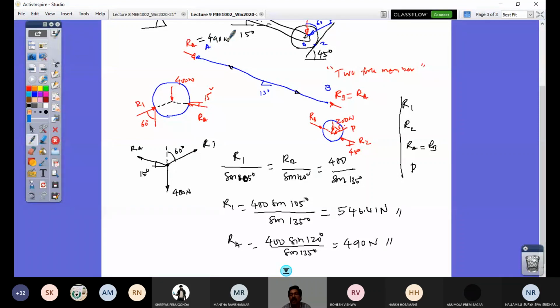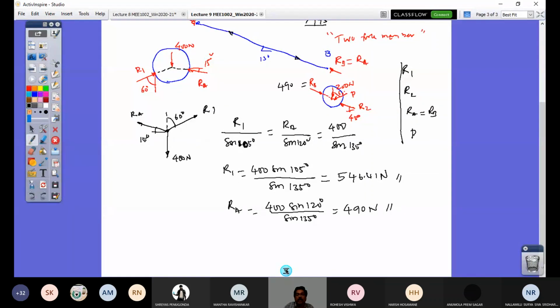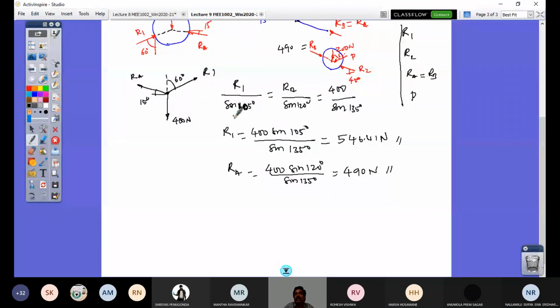Now, solving for P and R2, let me redraw this free body diagram conveniently by applying the principle of transmissibility, sliding the vectors and representing them as concurrent, coming out of the point. One is 200 Newton, the weight of that smaller disk. Another is the required force P. If I bring the tail to this point, this is P, and the inclination to the vertical given is 60 degrees. Then RB, bring this tail to this concurrent point, sliding that, and that's my RB.